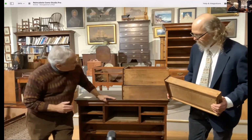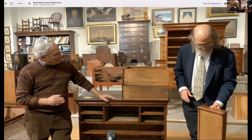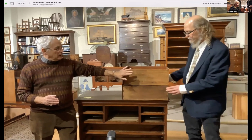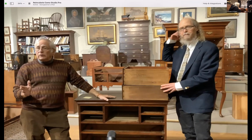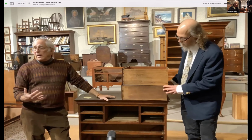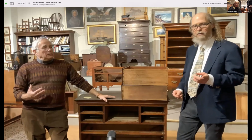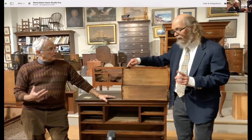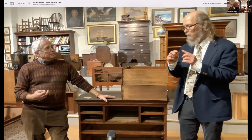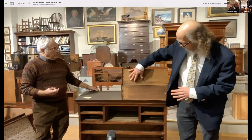And so Kevin has set up two drawers for you showing the same dovetails, both front and back, the same thickness of wood, top and bottom. And the quality of the wood has to match. So there's always a lot of parameters we go with besides just dovetails. And more important, also important in the dovetails, is the shape of the dovetails, because they may not have the same number, and this top fan drawer and the bottom fan drawer are slightly